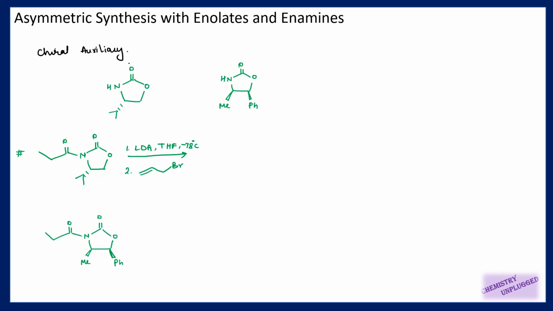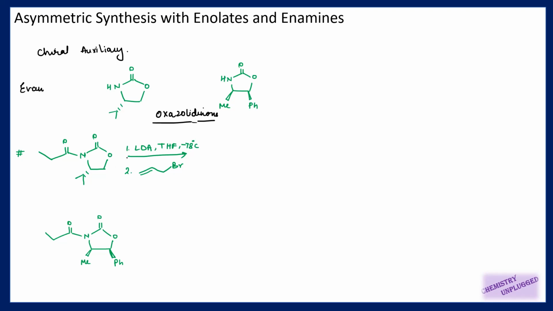So we are not talking about how we can synthesize these chiral auxiliaries here, but if you have any doubt, as I have told you earlier, you can watch my video on them. But here we are using two chiral auxiliaries. These are Evans chiral auxiliaries. Evans is a scientist who worked a lot in this field, in asymmetric synthesis and in the chiral auxiliary field. And these two chiral auxiliaries are oxazolidinone auxiliaries. So we will come to the point of how we can use them.